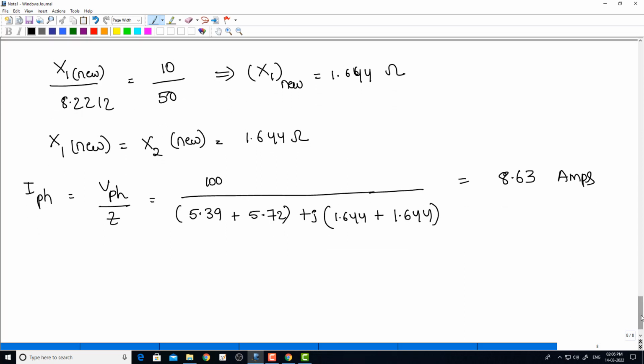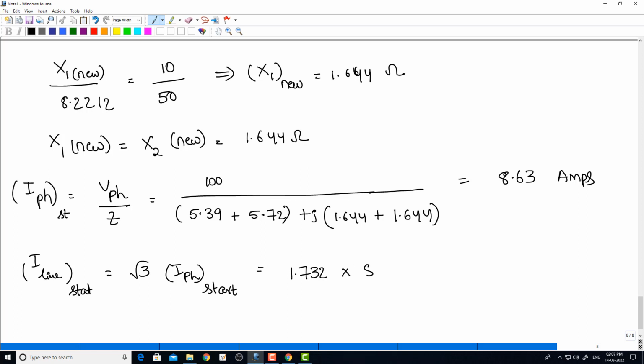So this is the phase current, but we need to find out the line current, right? So I line start is equal to √3 into I phase start. √3 means 1.732 into I phase, which is 8.63, which is equal to